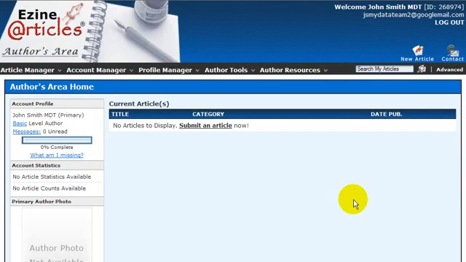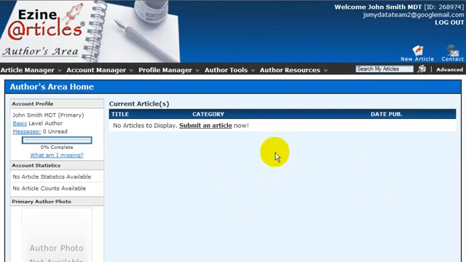If you have a name that's popular, such as John Smith, you may have to be a bit creative with your name. For instance, it does say on the sign up page that you could perhaps put your middle initial in, maybe like John M. Smith. So I tried that. However, John M. Smith, funnily enough, was taken as well, so I just decided to put MDT, for my data team, at the end of John Smith, and that worked fine. So welcome, John Smith, MDT. That's who we are now, okay?